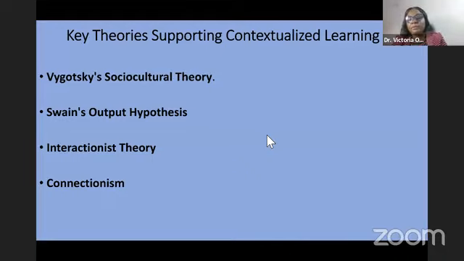The interactionists also align with contextualized learning by advocating that learning environments where language is used in authentic interactive situations are more memorable. So if we use interactive situations and authentic context, the learners would always remember what is being taught. And connectionism also explains that